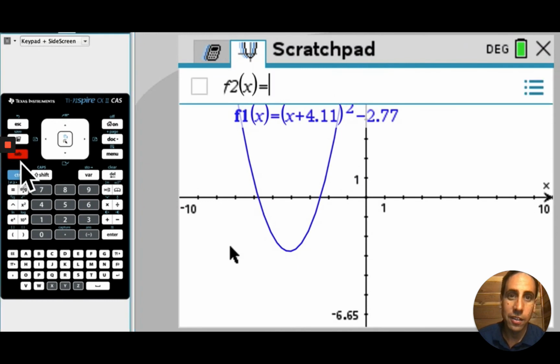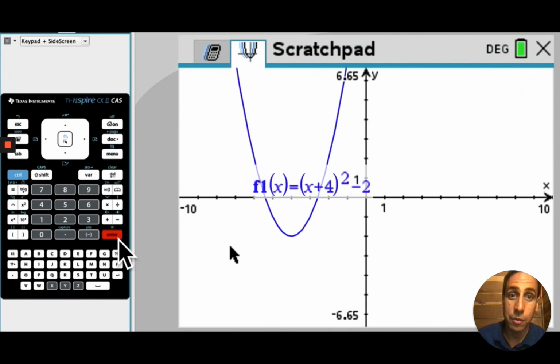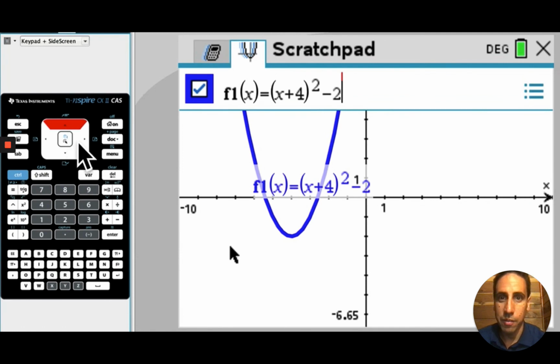And you can see that inside and outside it's got horizontal shifts and vertical shifts, which you can edit to your own liking. Let's say it has an x plus 4 squared and then minus 2 on the outside. You can see it corrects it as well. Tab. Up. Let's go to F1 and you can see there it is. Let's delete the whole thing